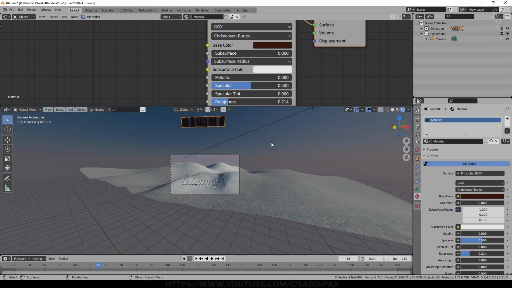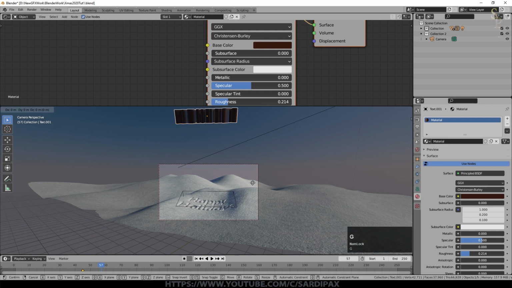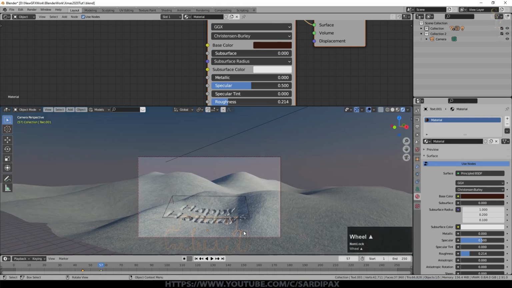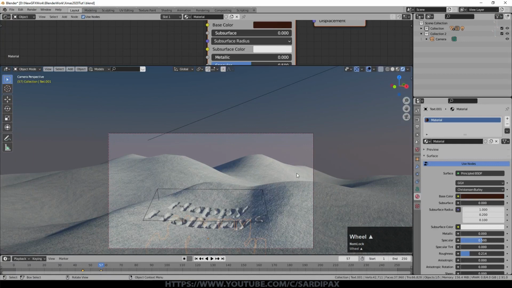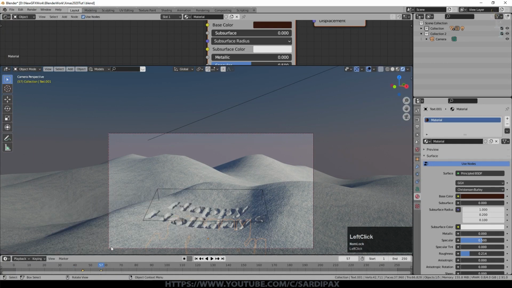I wanted it far enough away that it didn't cast shadows. So let's go back to say frame 45, store the location of this object, and then come up to say frame 57, a few frames beyond where the text forms, and take that down to just below the plane and store the location. Now what we will probably need to do in a moment is tweak these keyframes, and let's just check that they are linear interpolation, just to get the falling object coincident with the text appearing.